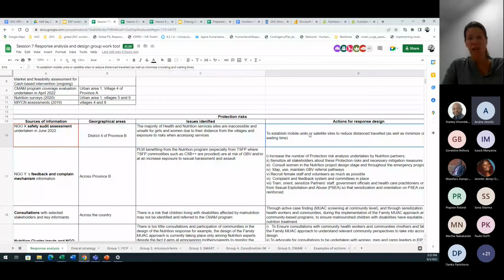In the design of your response, you will maybe decide to establish satellite sites or mobile units to be able to bring the services closer to